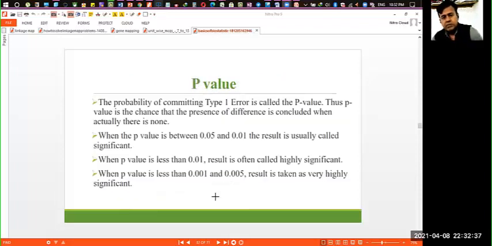What is the p-value? P-value always varies between 0.05 and 0.01. Which is the best? 0.01 is the best. Why is this highly significant and best? Because there is very marginal error. 0.01, very marginal error. While if this is more or less like 0.001, 0.05, this is more highly significant than 0.01. So that's why the range is 0.05 and 0.01.